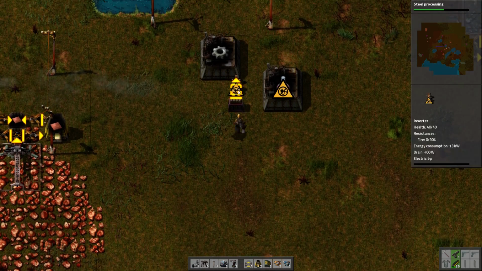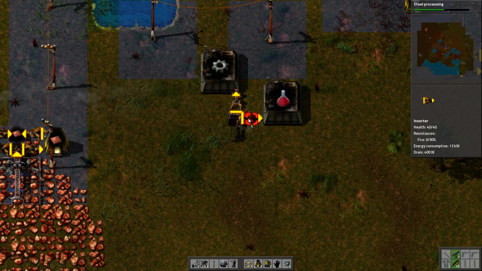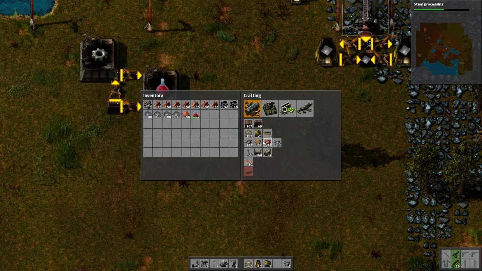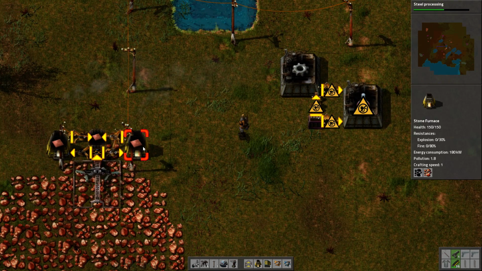So we'll have that pulling out of this box. We'll have this pulling out of this box, and we'll have this inserter pulling directly out of this factory and putting it into this factory. Then all that we have to do is put some copper plate